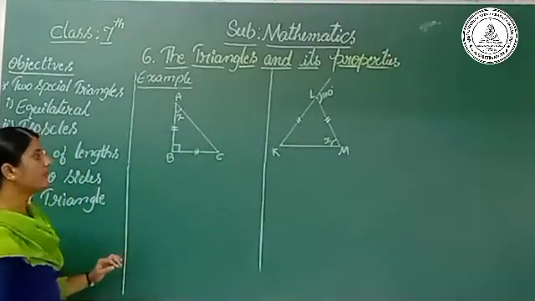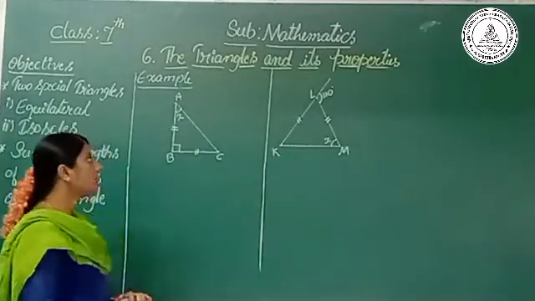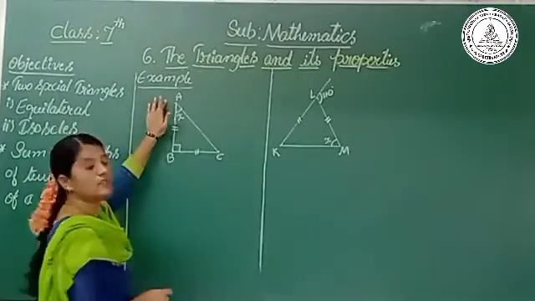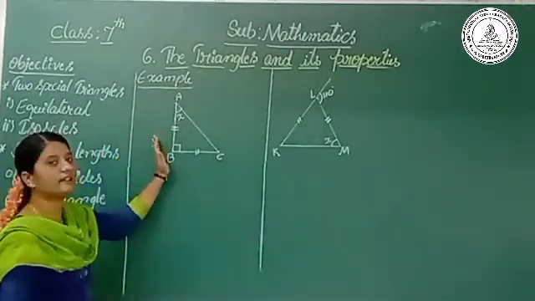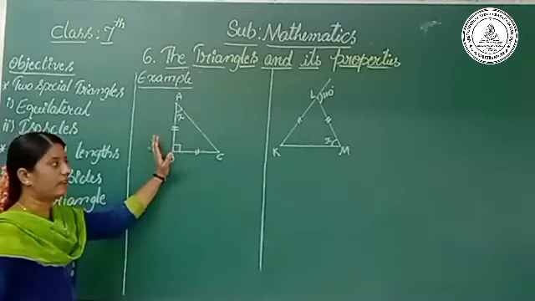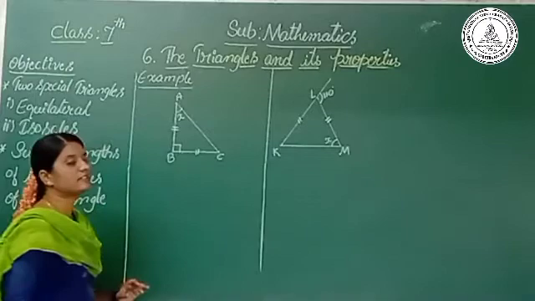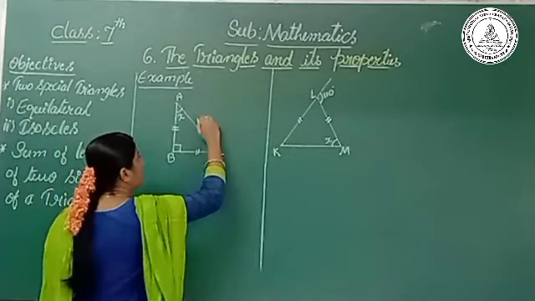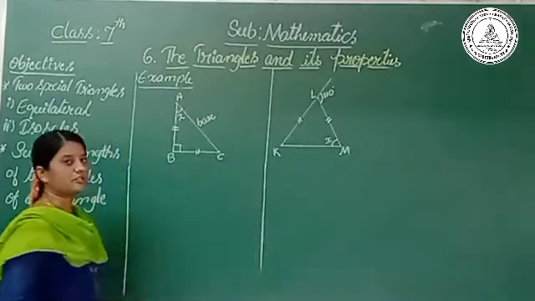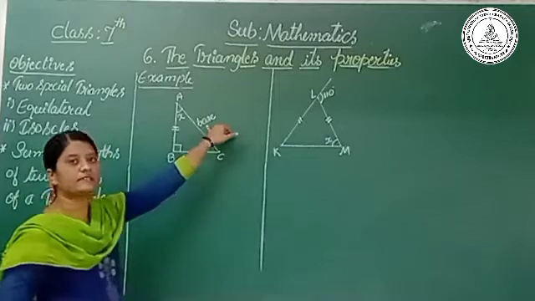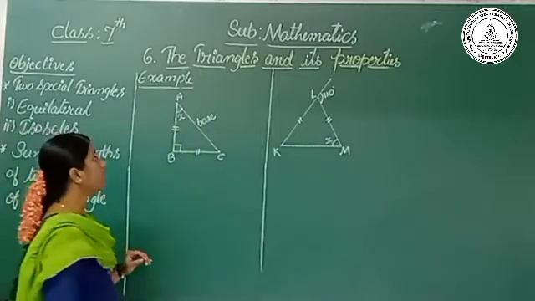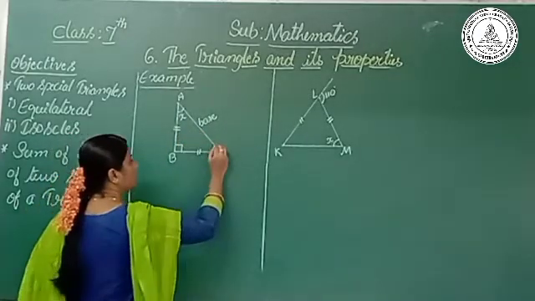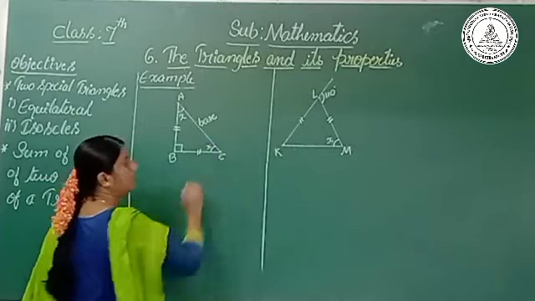Yes, here there are two examples. We have to find out the value of x. You may observe here in the triangle ABC, BC and AB have the same length. That means this triangle is said to be an isosceles triangle. We have learned that in an isosceles triangle, the side having a different length is the base of the triangle. So in this triangle AC is the base, and we have also learned that angles opposite to the equal sides are equal. Which means these two measure the same, right?